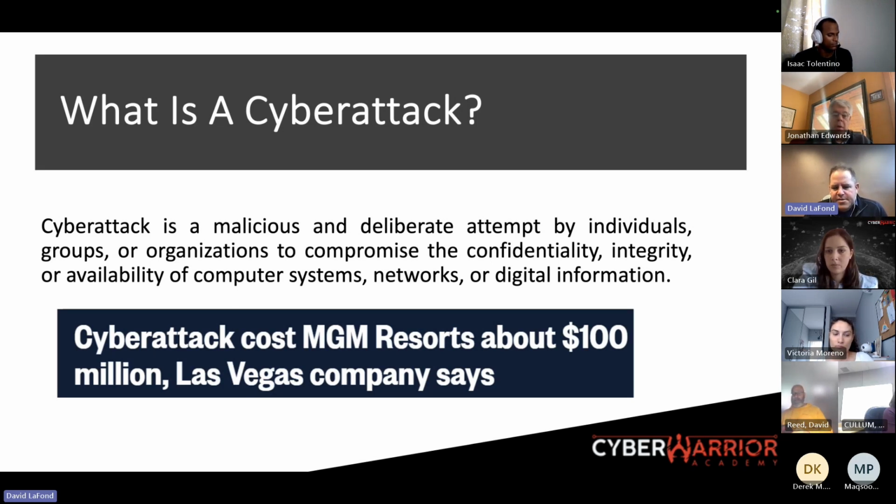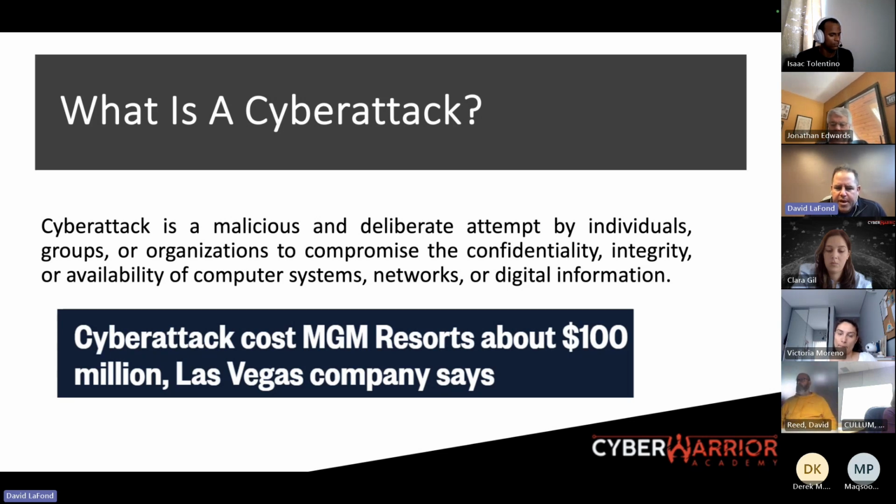And why I say that is because without data, computer systems might be somewhat invaluable. And same thing for networks, right? So these computer systems and networks are what provide access to and support data. But what we're primarily talking about here is compromise of data.